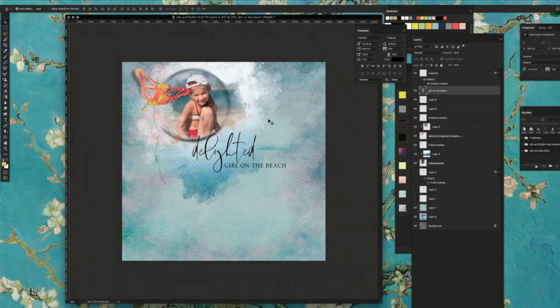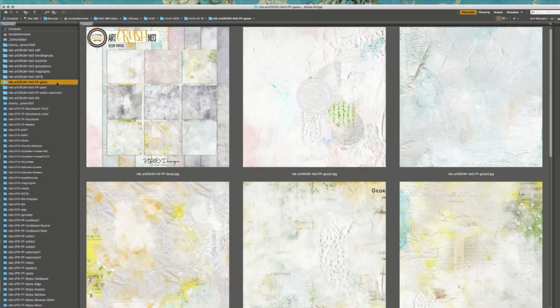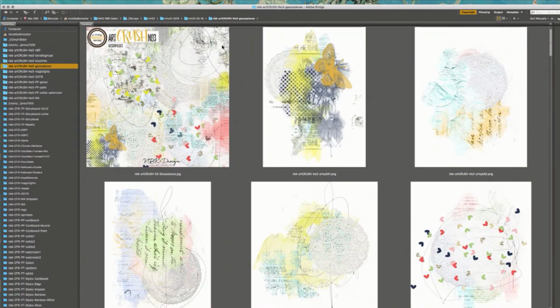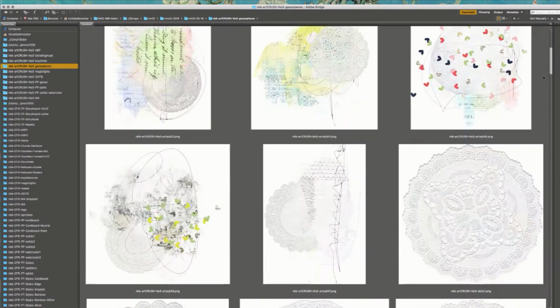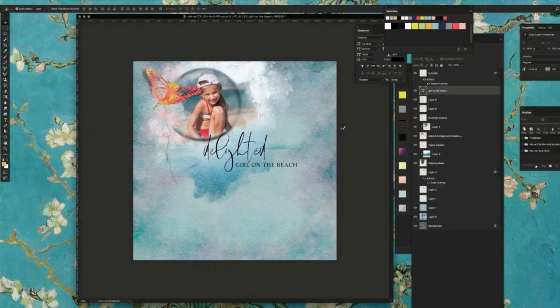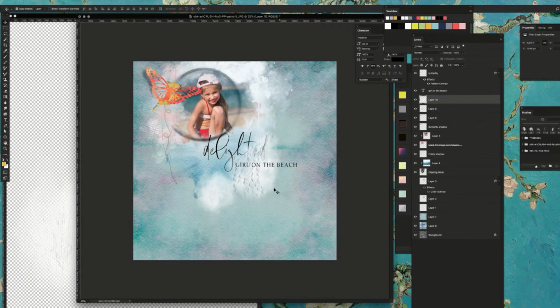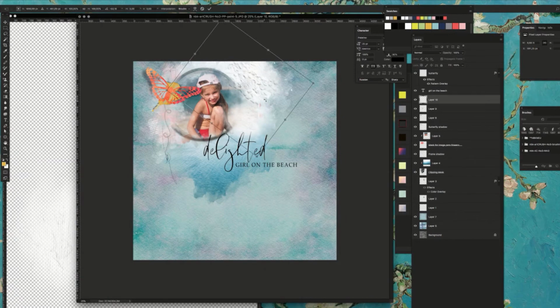Okay, here we go. Going back to the layout itself. Let's go to the gesso pieces here. We have some scribbles. Those transfers are really nice. Let's drag and drop them over here. And of course they need to be placed a little bit. Let's see what we can do. Over here, and